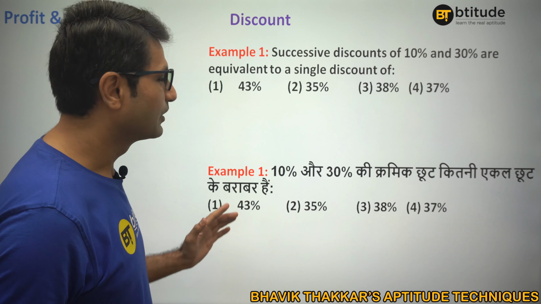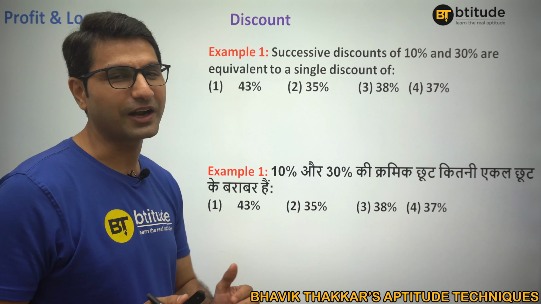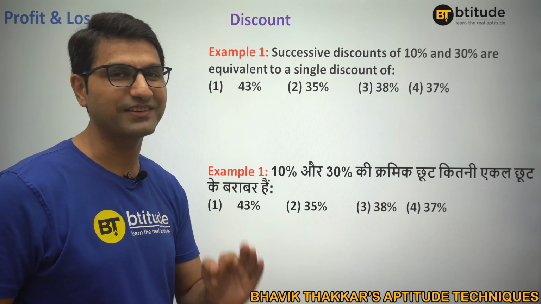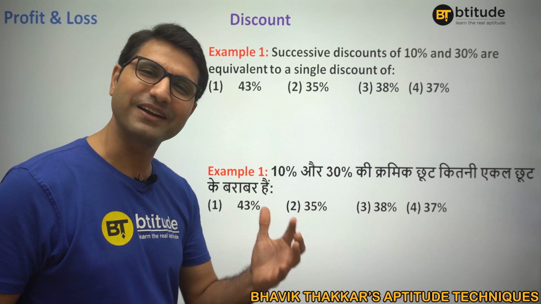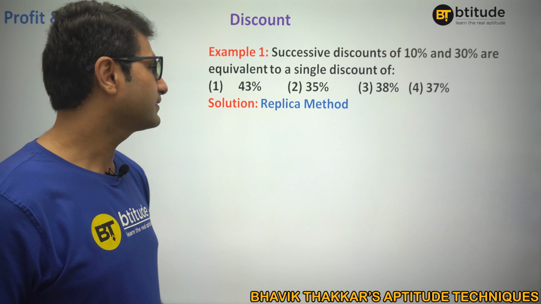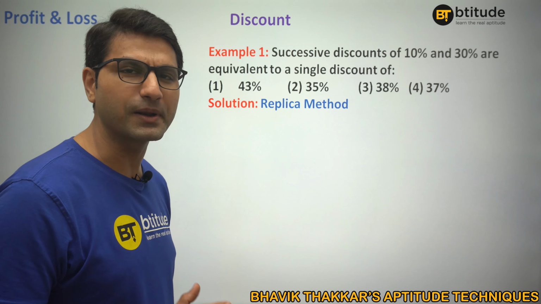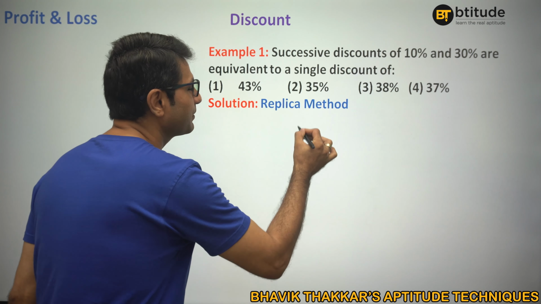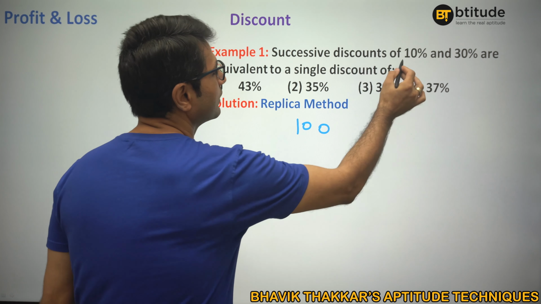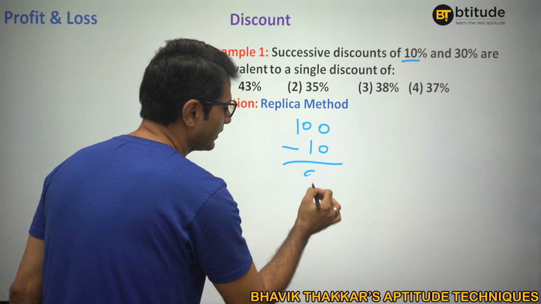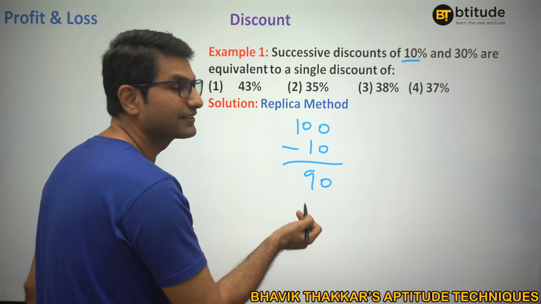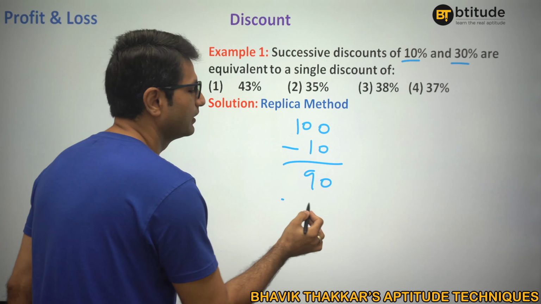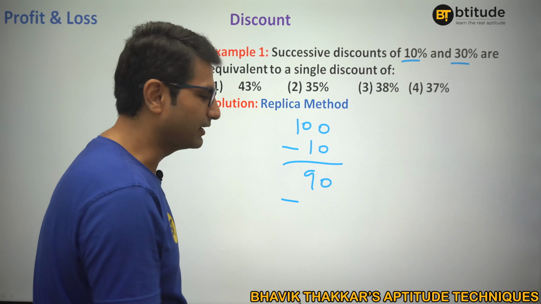First question. Look, you can always pause the video and try to do it yourself, but first of all we are just going to solve them with all the three methods step by step, so that our basic fundamentals are clear. Alright, let us understand with the very first method, replica method. How will we do it? We will take our own example, right? Say for example, if the value was 100, now a discount of 10%, that makes it 90. Now the next discount, successive means next discount is applied on this particular price, 30%. 30% of 90 is 9 into 3, 27.